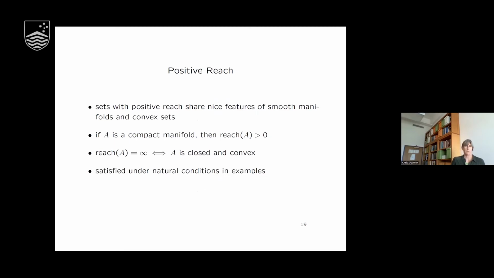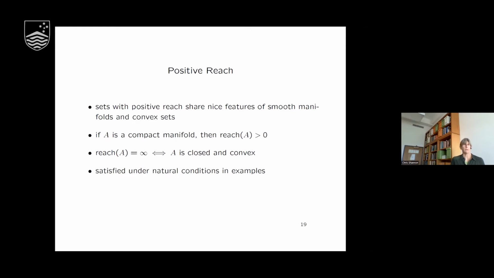Yeah, so those are very different in general. But in this sense, they have some similar nice properties. In particular, a compact manifold always has a positive reach. That is not too hard to see in the end. And then the second, that the reach of the set is infinite if and only if the set is closed and convex. And so a theme of the results I'm going to talk about is that